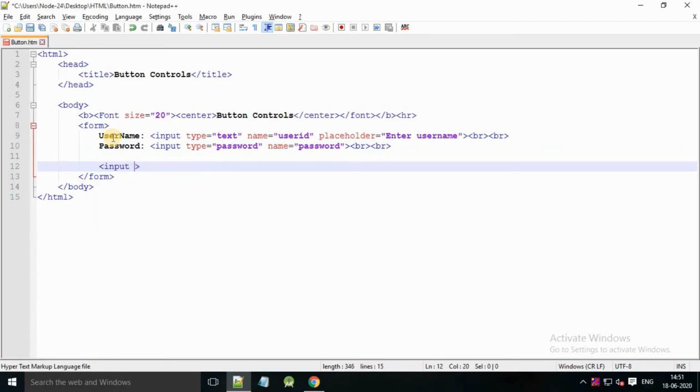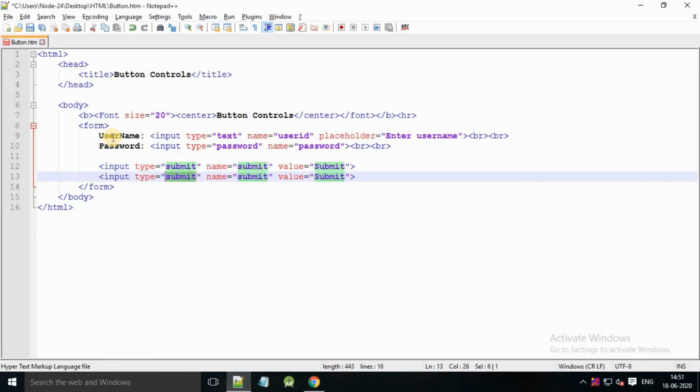Here will be used input type is equal to, in double quotation, submit. Name is equal to submit and value is equal to submit. This creates a button that automatically submits a form. Another input type is equal to reset, name is equal to reset and value is equal to reset.